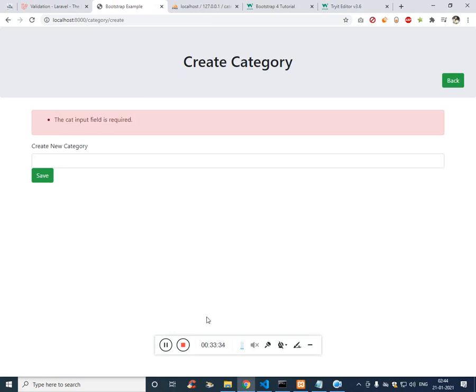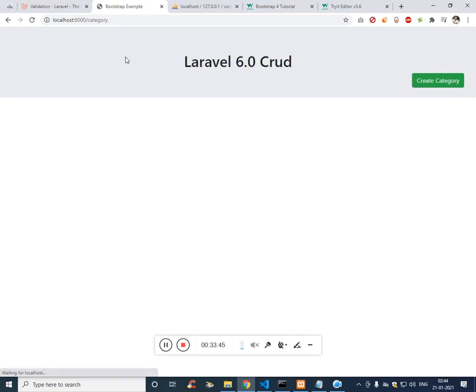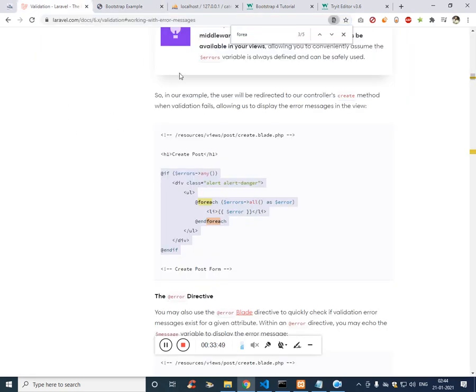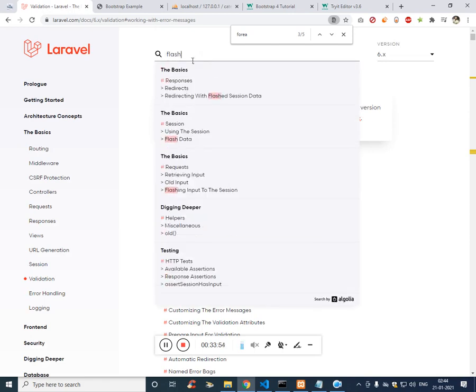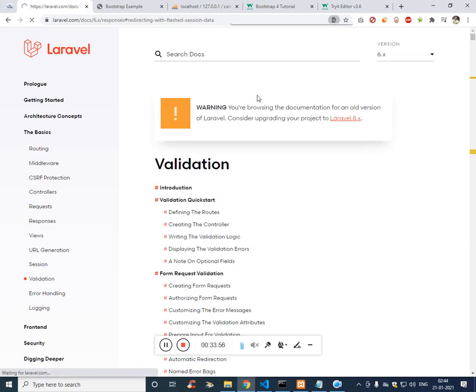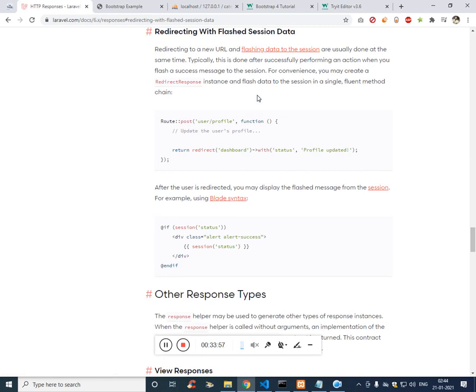Fine. Now along with that, I want to get a message like four-wheeler. Once I click on save, we are redirecting to the category, that's okay, but we need the message as well. To get the message, as I already said, we are going to use flash data, flash session data. So this is it.